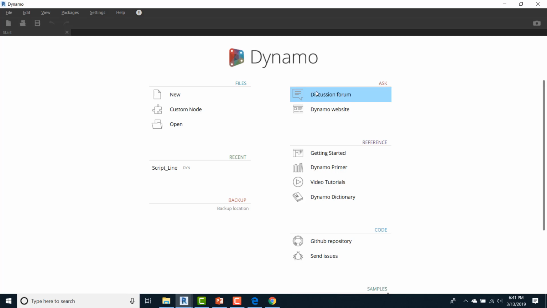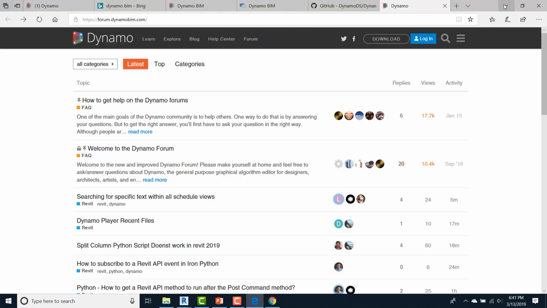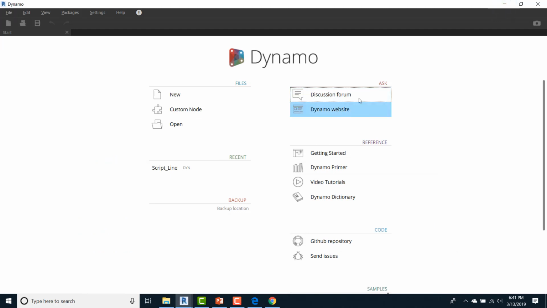All of the websites that I just went to, you don't have to remember them. Actually, if you just open Dynamo and hit discussion forum, it's going to lead you right to the page where you can post an issue. And also to the Dynamo website. So this stuff is pretty awesome. Now, for references, in terms of getting started, Dynamo primer, video tutorials,